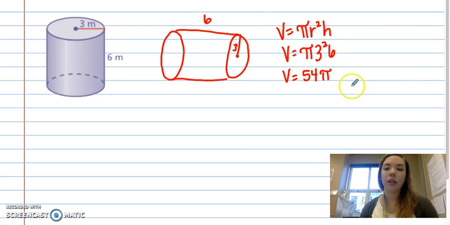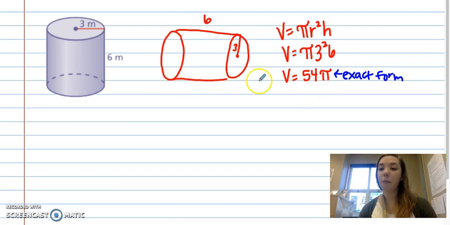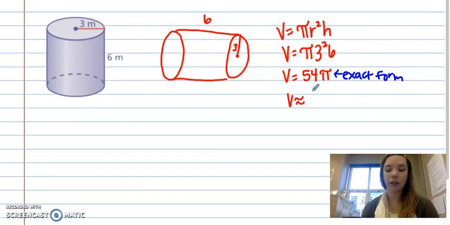Okay? This is called exact form, or we just leave the pi there. And the reason we like that is because there's no rounding error in it at all. So based on your instructions, if it asks for exact form, this is what you would give. If it asks for it to be rounded, then you would take 54 times pi, which is 169.6. This is rounded form,